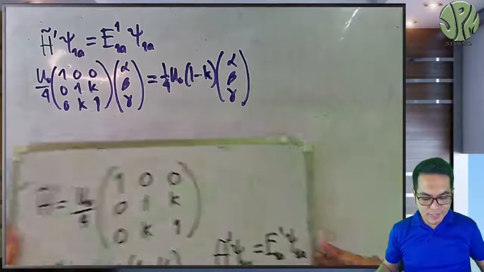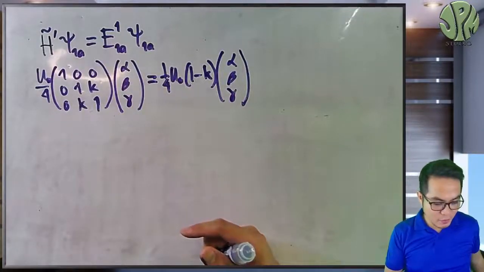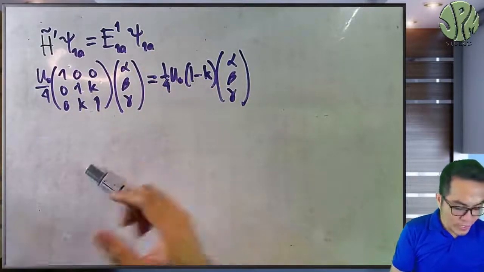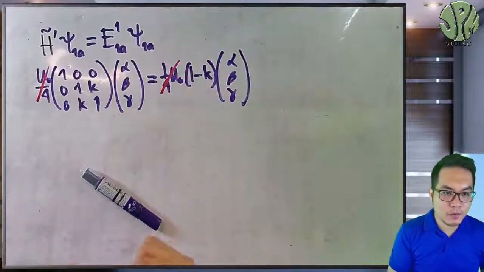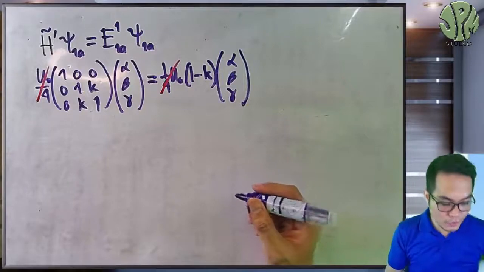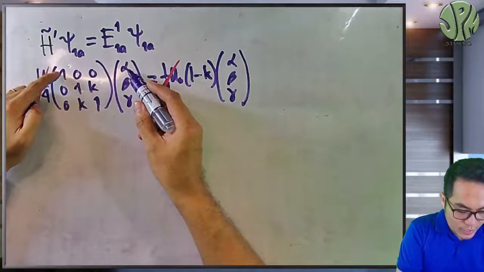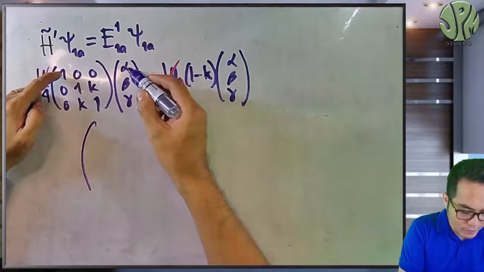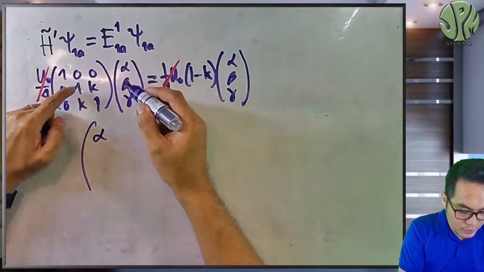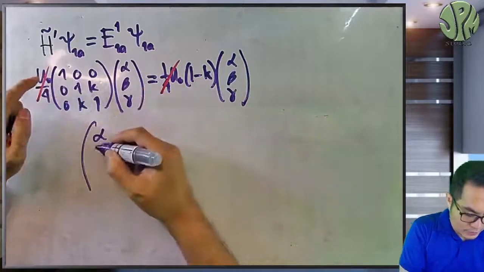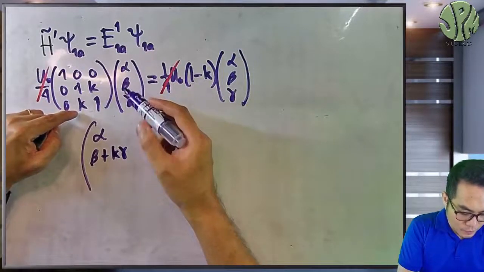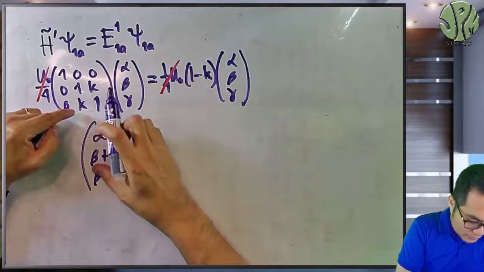In this, the result of this matrix will give us three equations and three unknowns. So we cancel out u naught over 4 and 1/4 u naught on both sides. Divide both sides by u naught over 4, or multiply both sides by 4 over u naught. And then we have alpha. First element is alpha, 0, 0. Then the second element of this matrix multiplication is 0, beta, k gamma. So you have beta plus k gamma, and then 0, beta, k beta